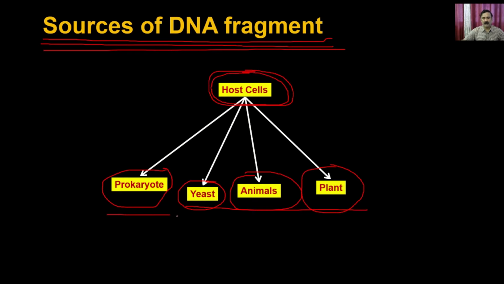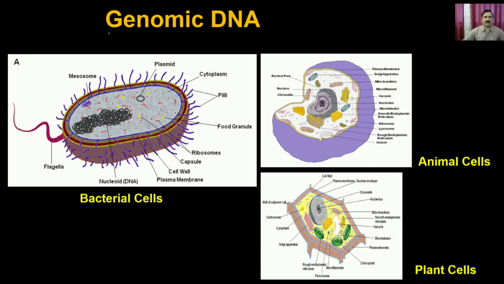Either it could be a prokaryotic source or a eukaryotic source, because the differences are going to be in terms of the cellular structures and how you can explore those structures to isolate the genomic DNA. Now, genomic DNA isolation very much depends on the composition of a particular cell. For example, in the prokaryotic cell, you have a cell wall outside, and within that you have the plasma membrane, and within the plasma membrane you have the chromosomal DNA, which is present freely in the cytosol.